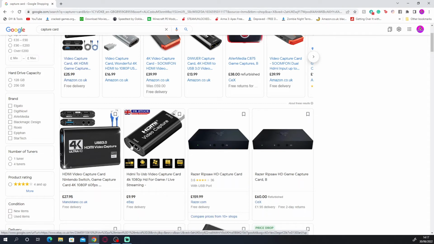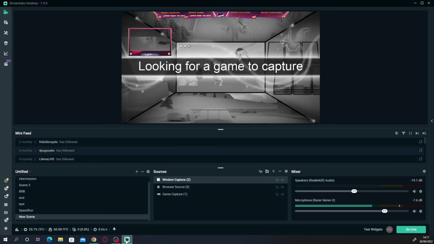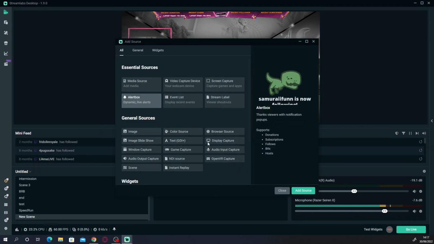So I've got a HDMI that goes into this port, and then it connects to a HDMI splitter, and I have one going into my monitor and one coming from the PlayStation or the Xbox. So I'd have the input going into the splitter, two outputs, one going into my monitor and one going into the capture card. If you are using a capture card like one of them cheap ones, on the video display,